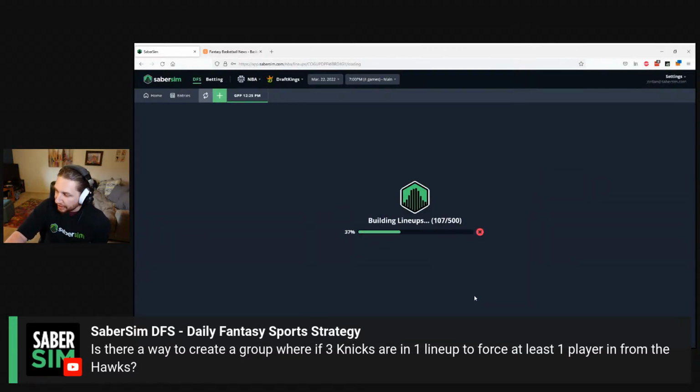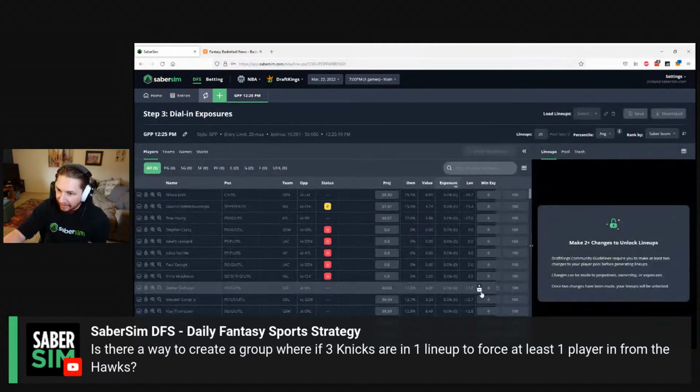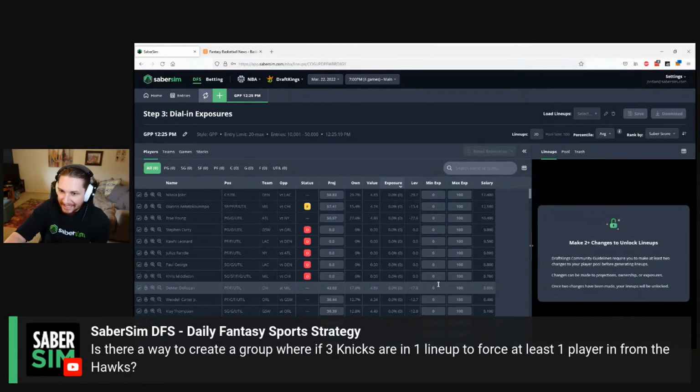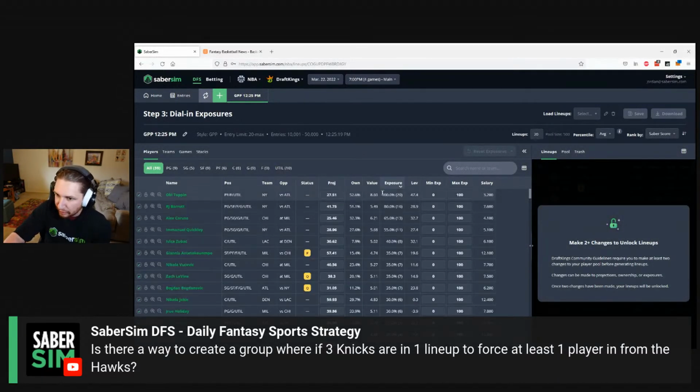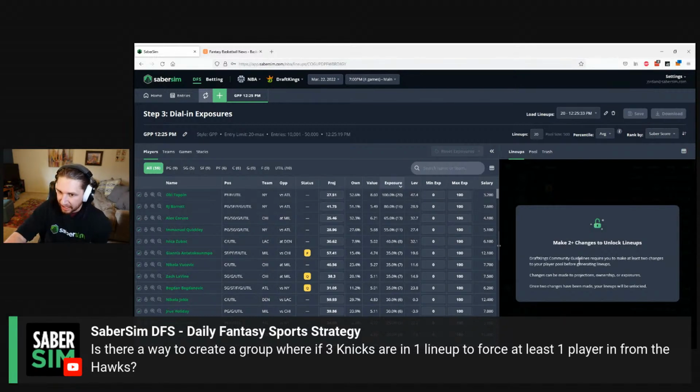And this actually works pretty good. The two problems are that it removes big chunks from your lineup pool. So if you have a lot of these you want to do, you can suddenly be left with not very many lineups left. And second, it's not very easy to get late swap to follow along very nicely here because it's not a rule. We're just removing lineups from our pool.